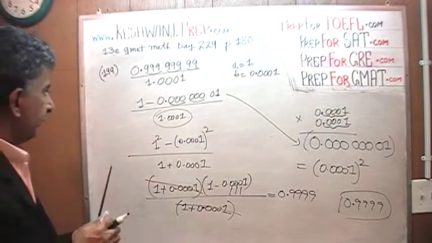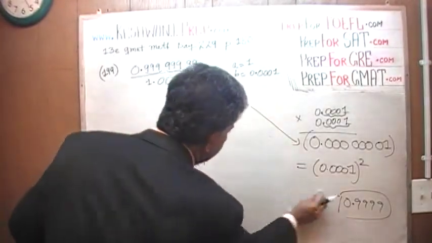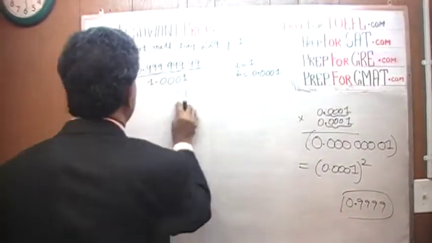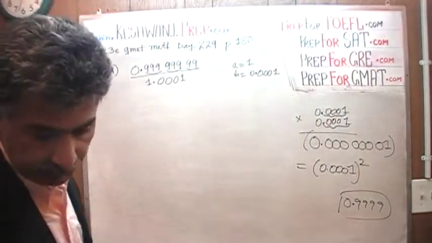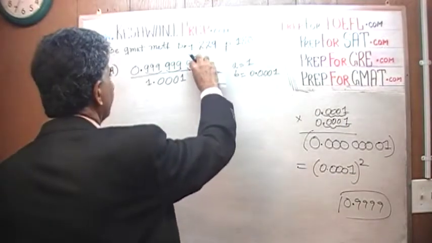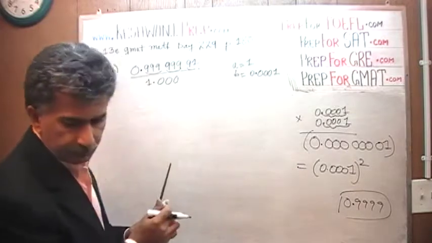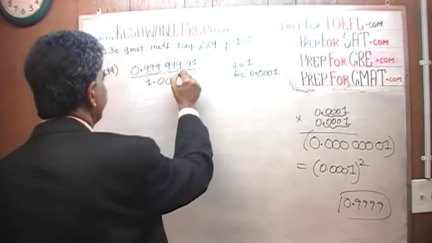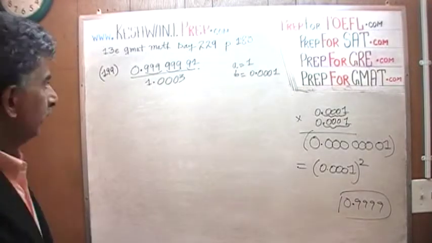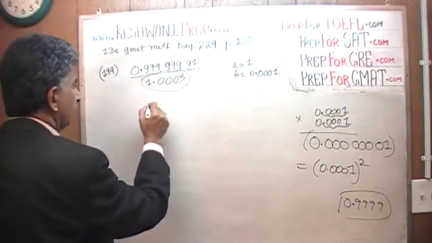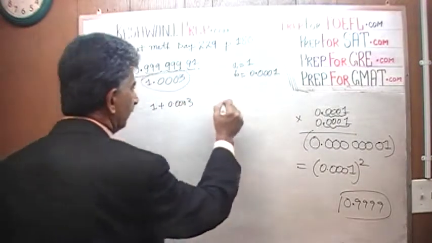Let's work on the second part. In the second part they give us 0.99999, except at the very end we have a 1. And this is a 3, I believe, has to be. Do you see anything going on here? Well, that's a giveaway again. That bottom part can be written as 1 plus 0.0003, and similarly